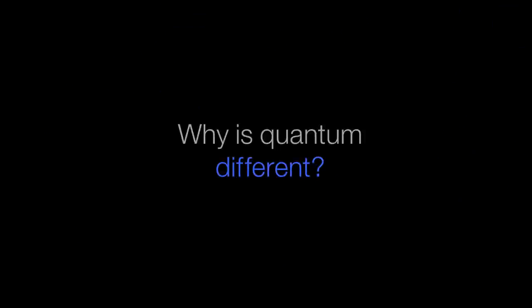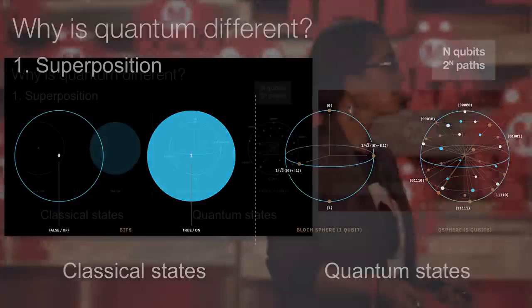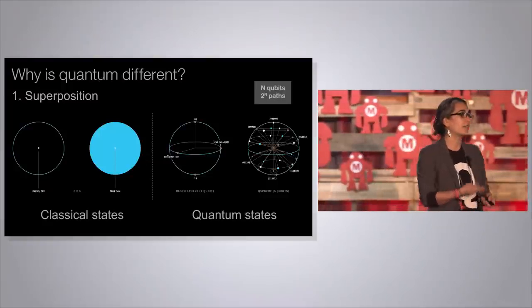So why do we think quantum computing is actually going to allow us to solve some of these problems we can't solve classically, right? It boils down to two fundamentally quantum effects. One of the effects is superposition. Classical information is basically a string of zeros and ones. Everything that classical computing has enabled is boiled down to a sequence of zeros and ones. So quantum computing, or quantum information,